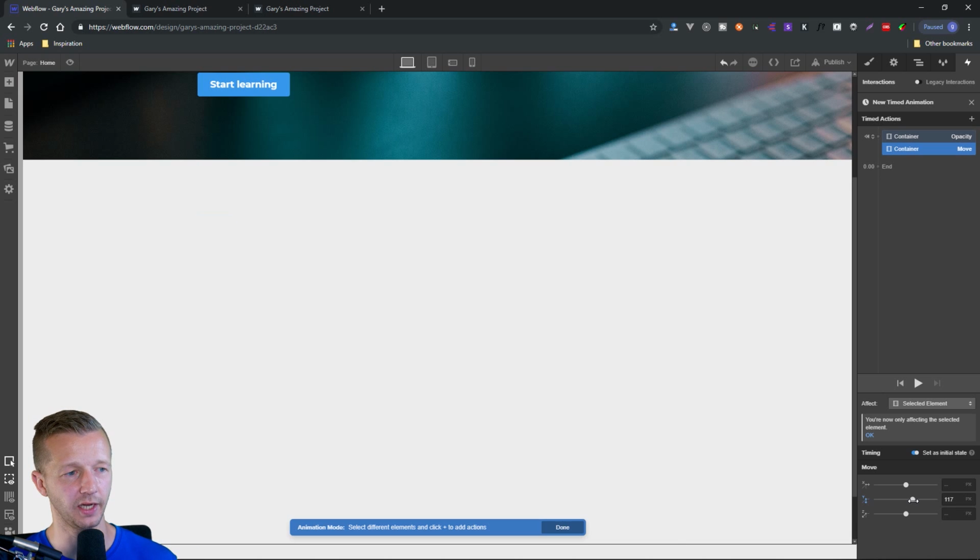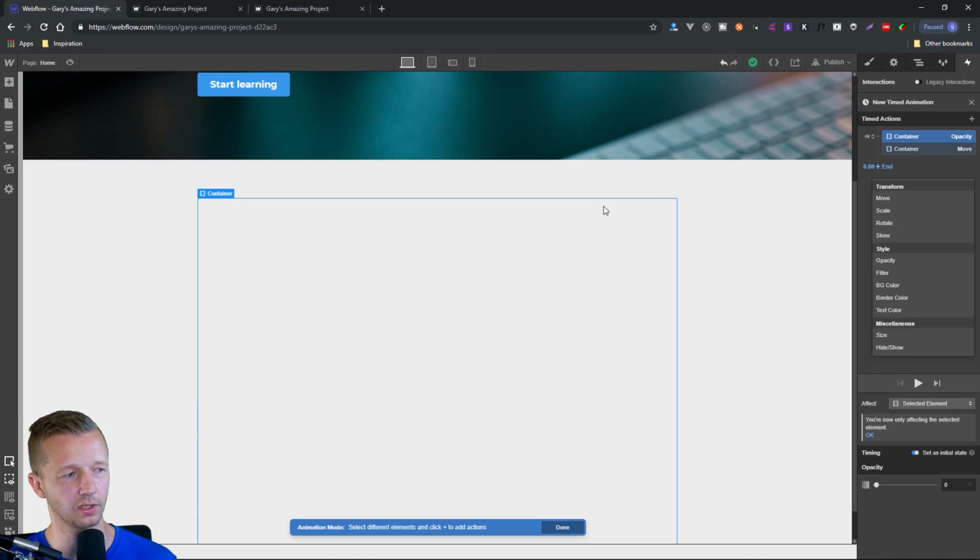Now you can see how it's moving up. We're going to have it maybe right around there, about 74 pixels. Again, you can change the units over here if you wish. And that looks pretty good to me right there. Okay, so now what we want to happen is we're going to add,